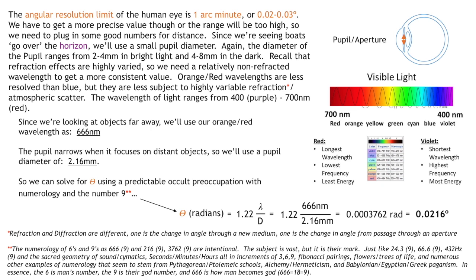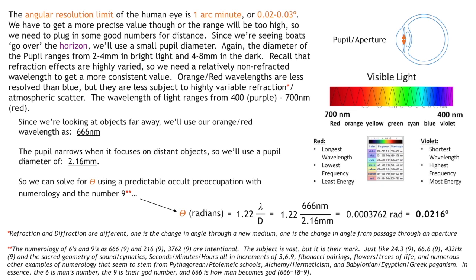So again, the angular resolution limit of the human eye is 1 arc minute, or 0.02 to 0.03 degrees. We have to get a more precise value though, or the range will be too high for the radius of Earth. So we need to plug in some good numbers for distance. Since we're seeing boats go over the horizon, we'll use a small pupil diameter because we're focusing at far distance. So again, the diameter of the pupil ranges from 2 to 4 millimeters in bright light and 4 to 8